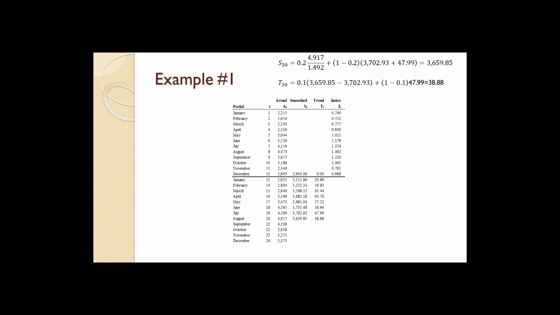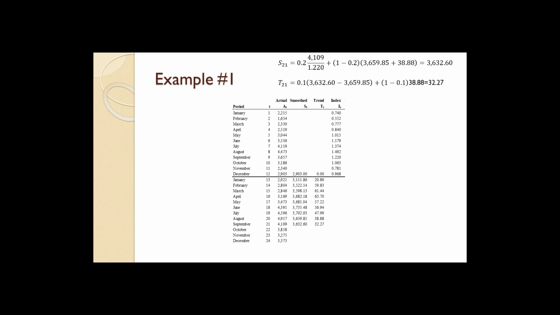And for T sub t, 0.1 times 3,659.85 minus 3,702.93 plus 1 minus 0.1 times 47.99 equals 38.88. For September, S sub t equals 0.2 times 4,109 divided by 1.220 plus 1 minus 0.2 times 3,659.85 plus 38.88 equals